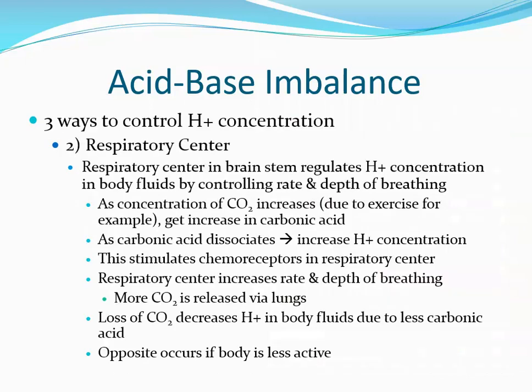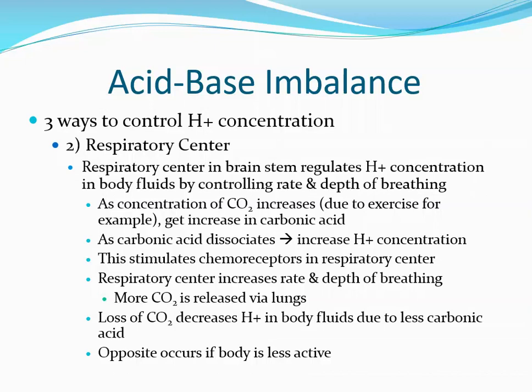The second way to control hydrogen ion concentration is via the respiratory center. The respiratory center is found in the brainstem, and this helps to regulate hydrogen ion concentration in the body fluids by controlling the rate and depth of breathing. Let's take an example. If the concentration of CO2 increases, for example, when we're exercising,